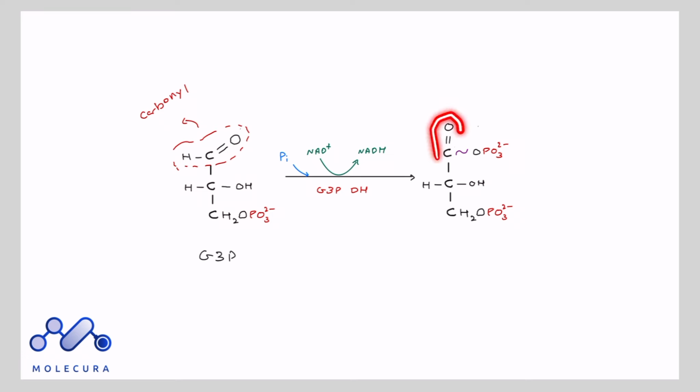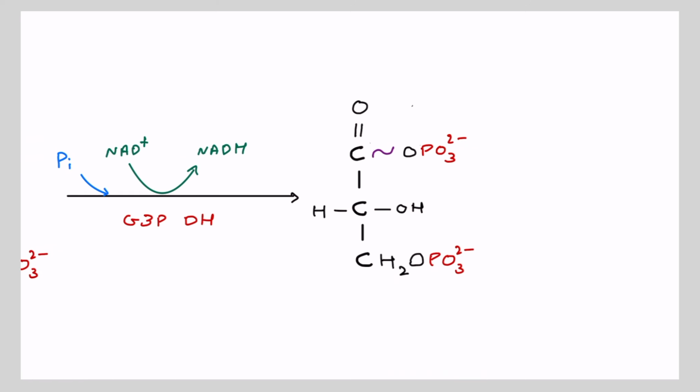So this is our carbonyl group. Our carbonyl group is always going to be like this. So our carbonyl group is here, and we have a phosphate group getting added to it. And what we have here is going to be a high energy phosphate bond. So this is going to be, that we have shown in purple, this is an